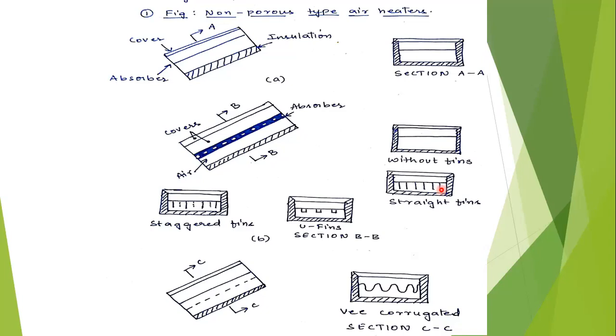And in order to improve the collection efficiency, we have to use some selective coatings. But the cost of these coatings should also be very low in order to decrease the cost of the solar heater. These coatings improve the collection efficiency, and moreover we should decrease the cost.